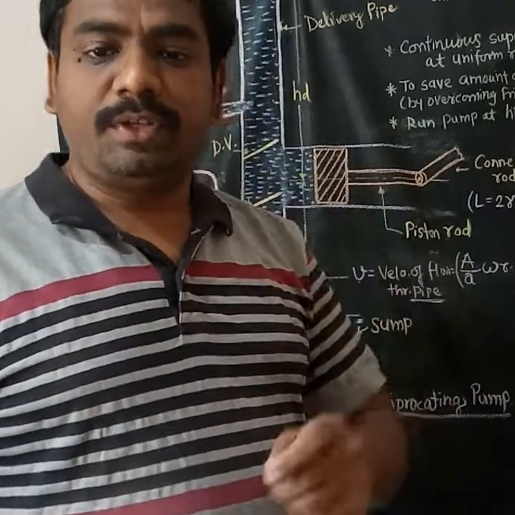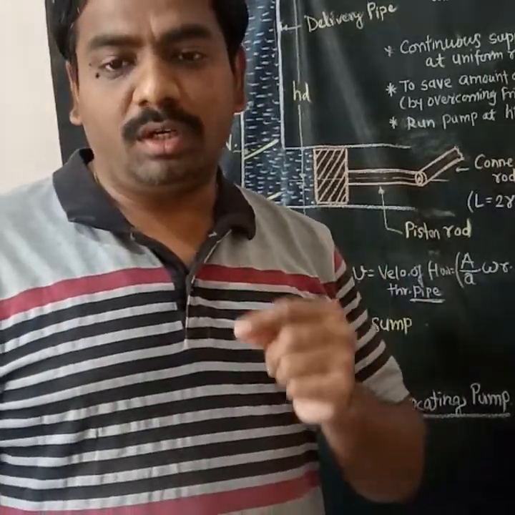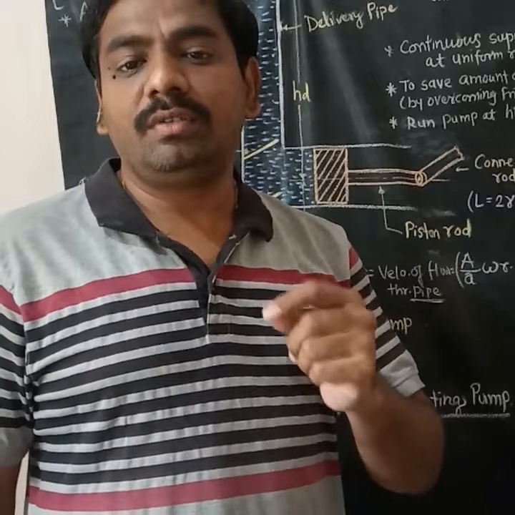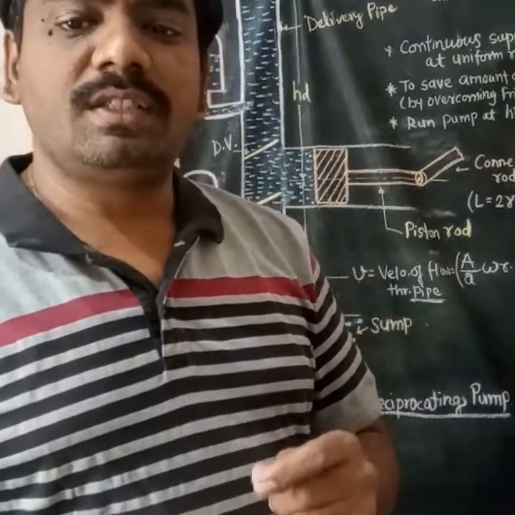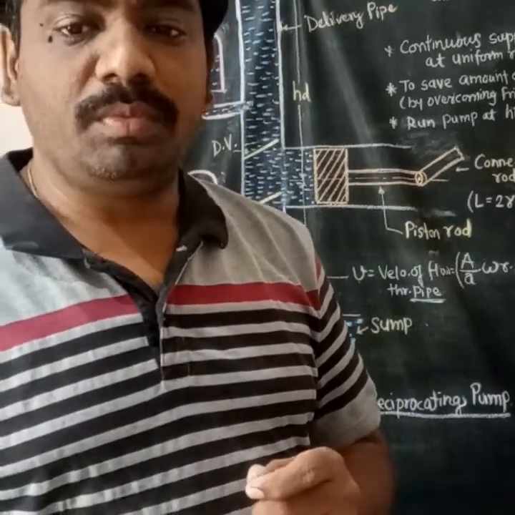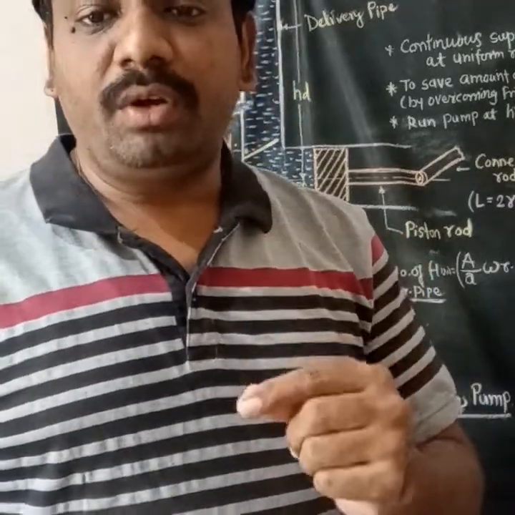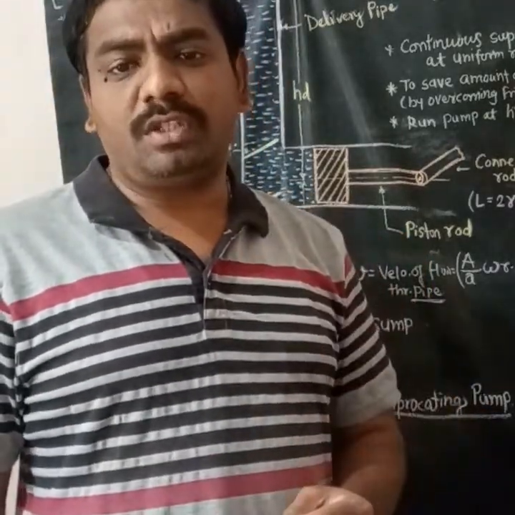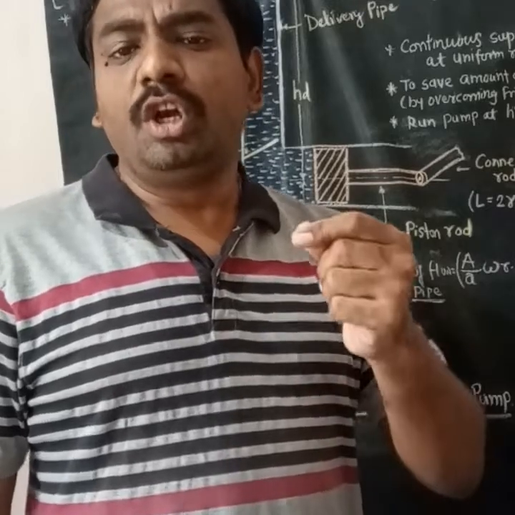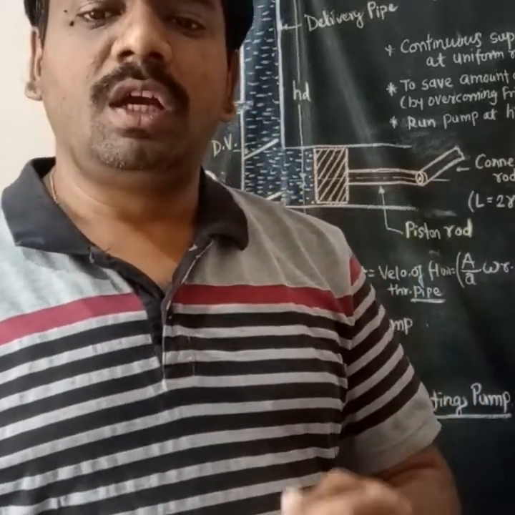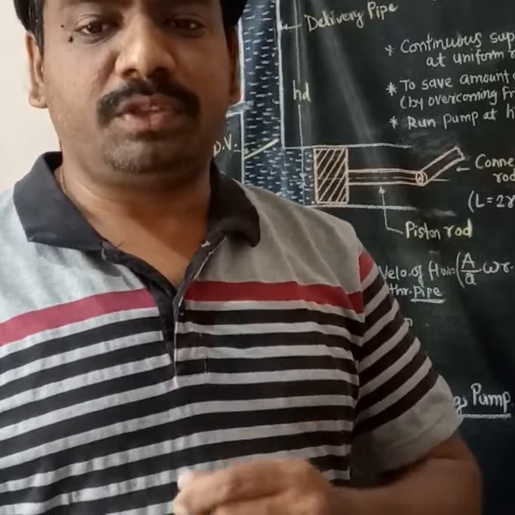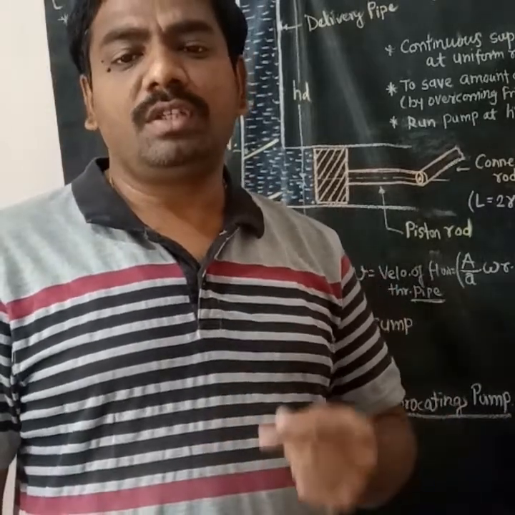It is also used to avoid the separation of that particular fluid. The separation can be represented as the separation head, H separation, so the separation head is going to be avoided. That occurs whenever the pressure inside this particular pump goes below the vapor pressure at the beginning of the suction stroke.